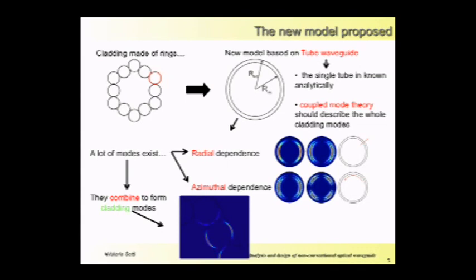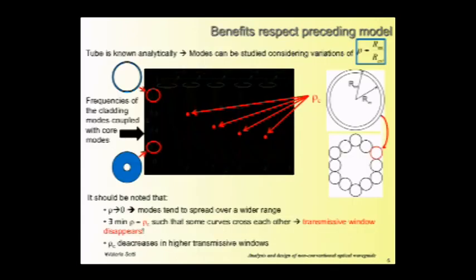For such a waveguide, there exist a lot of modes, but they can be classified considering their radial and azimuthal dependence, as shown on the right side. And they combine with each other in order to form the cladding modes, as one of these is depicted in the bottom part of the slide. As I told you before, the tube waveguide is well known analytically, and modes can be studied considering a variation of geometrical parameters. For example, here we